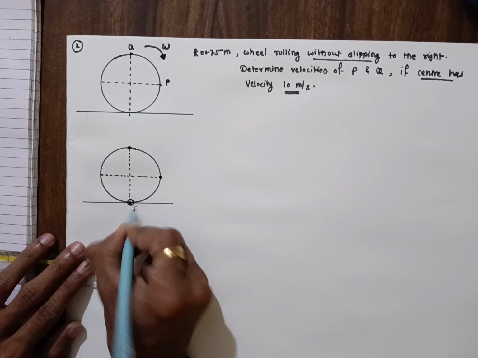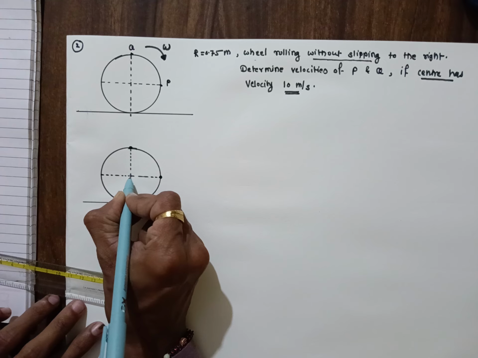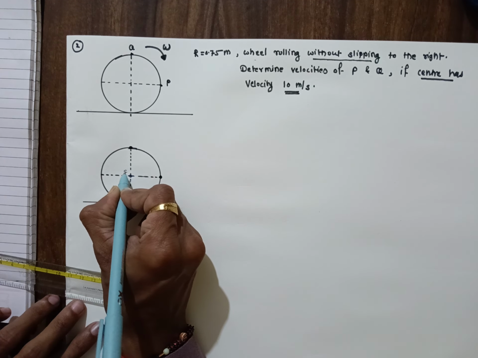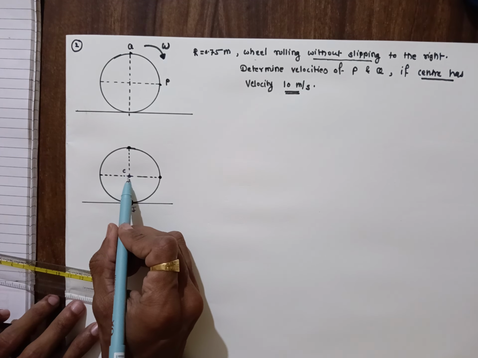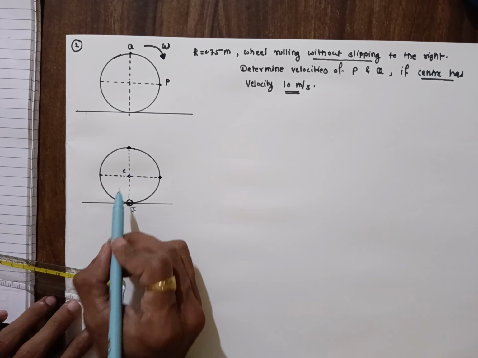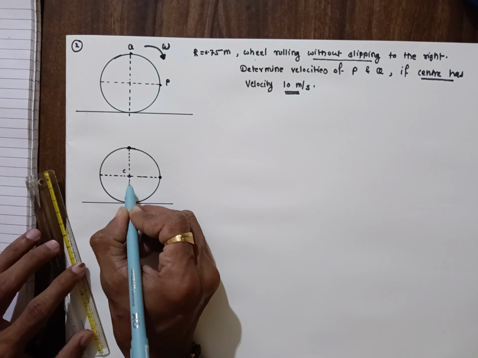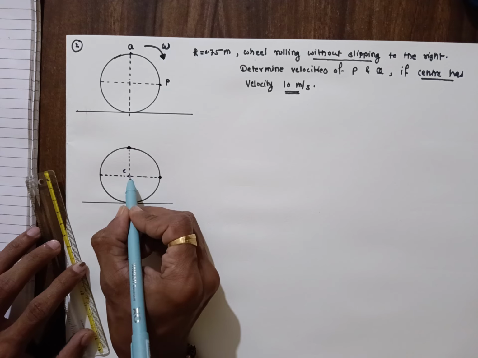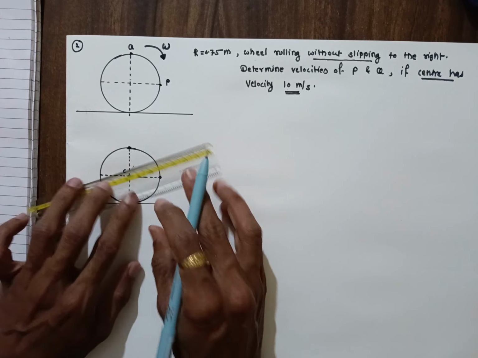So this is the point I. Next, this is the center point, so take this point as C. The velocity given, 10 meter per second, is for the center. Now the direction of velocity is always perpendicular to the line that joins the ICR and the given point. So the velocity of C is perpendicular